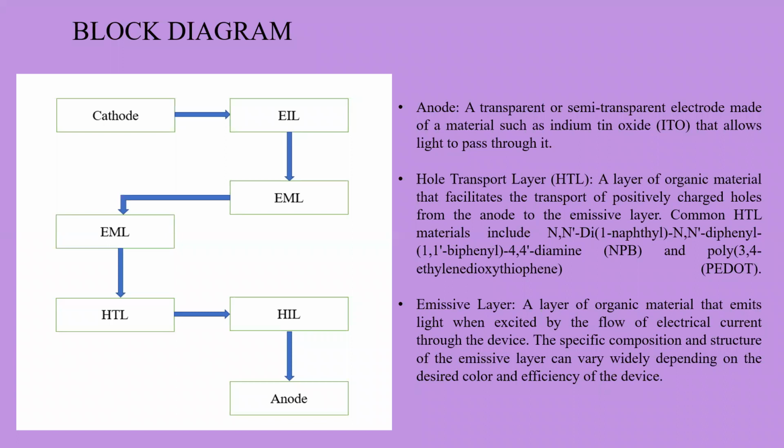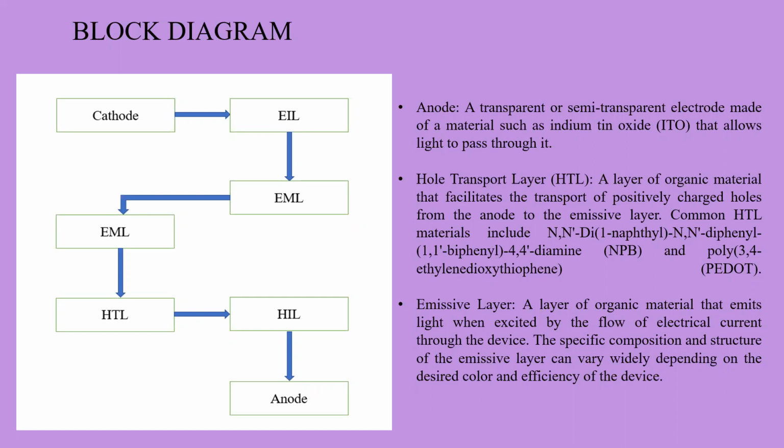The block diagram consists of the anode, which is an electrode made of indium tin oxide, which allows the light to pass through it. The next one is the hole transport layer, which carries the positive charge from the anode to the emissive layer. And next is the emissive layer, where the electric current flows through the device,